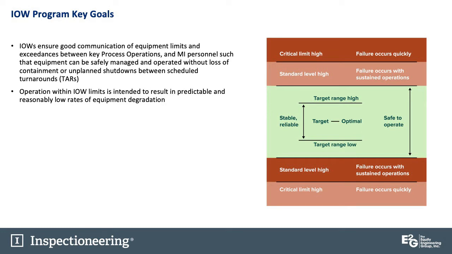Over on the right, there's a chart that shows the concepts of IOW limits, and some important things to point out here. There's often a target or optimal range, and let me go back to that crude overhead pH example to maybe illustrate this. So in many crude unit overheads, again using neutralizing amines for overhead neutralization, have an optimal pH range of 5.5 to 6.5. And that's where we'd like to operate, of course.